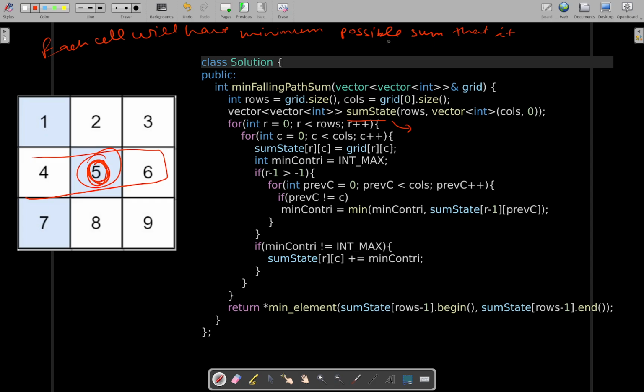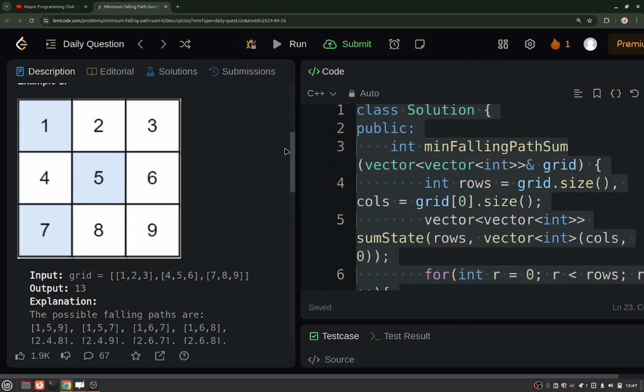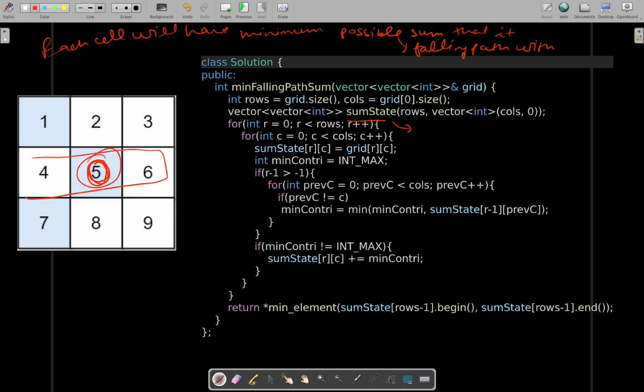Okay, minimum possible falling path with, what they call it, I think non-zero shifts. Yeah, minimum falling path with non-zero shifts. Okay,